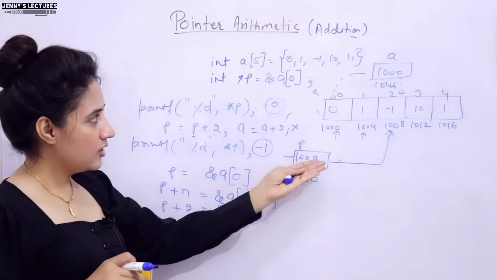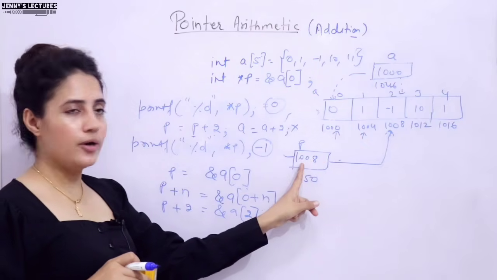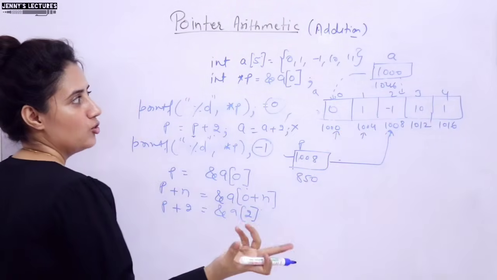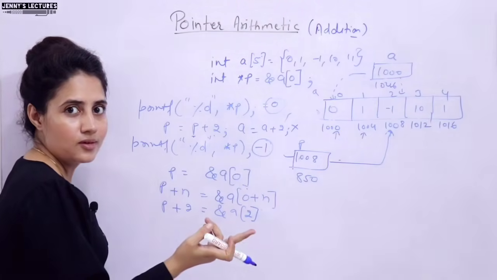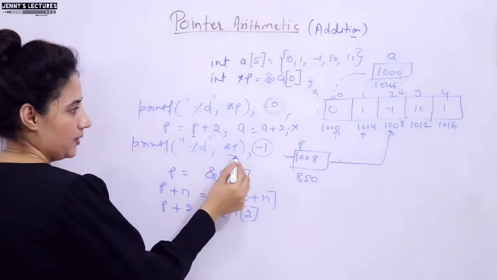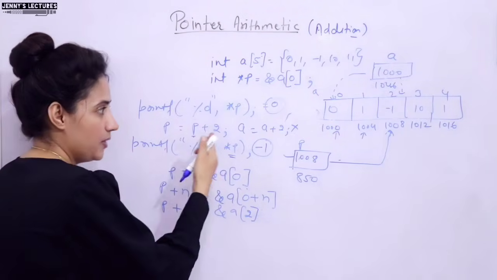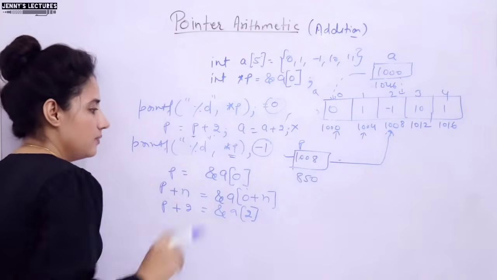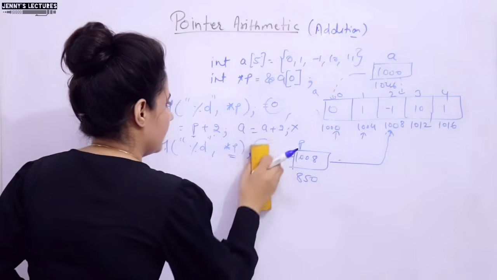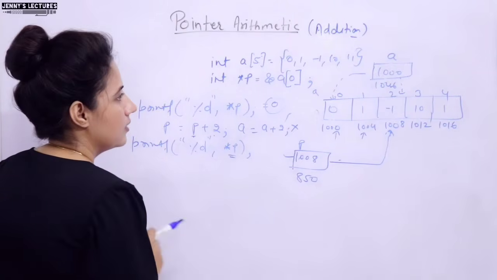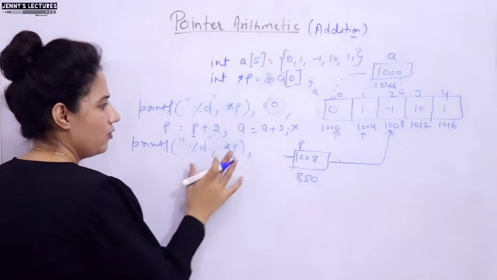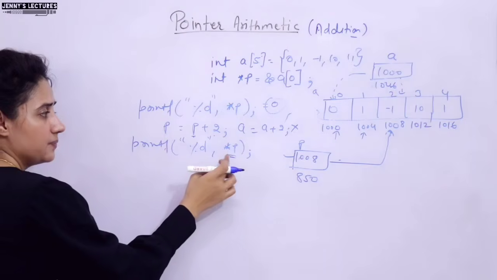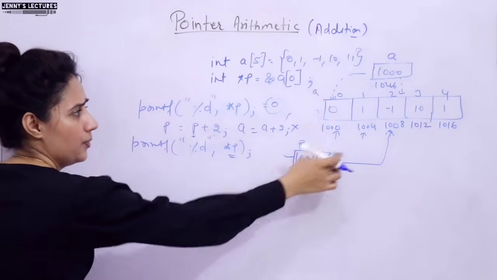So I guess ultimately you can say we can also access the array elements using a pointer. If you want to print this thing, you can print A of 2. This will also give the value -1, or you can print something like this. Now P is pointing to this, so you can print asterisk P, right? Now suppose P is, now after this point, one question for you: we have done this thing, till now I hope you got it. Now P is pointing to this.